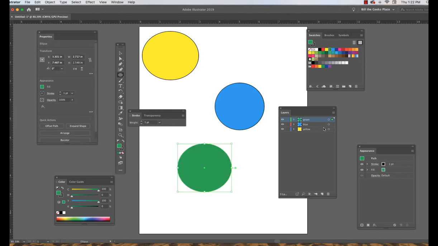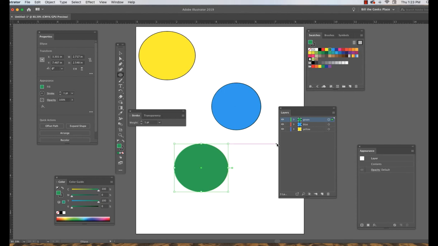Now looky here. Notice how when I click this layer, this is green. When I click this layer, this is red. And when I click this layer, this is blue. Illustrator is trying to help you organize. And let me click this. When I click this, notice the bounding box is red. And when I click this, notice the bounding box is green. Illustrator is trying to help you organize what is going on in your mind,